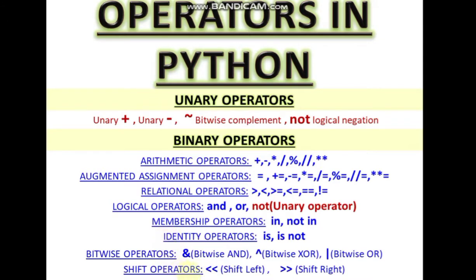Again, bitwise and shift operators we don't have as such in the syllabus, and the syllabus emphasizes only a few of the operators, so we will see to it. The only exception is that under binary operators, though I have written not, which is actually a logical operator, it is a unary operator, and we will see how it is a unary operator. So let's begin with the operators section.